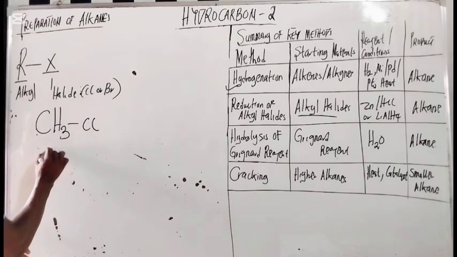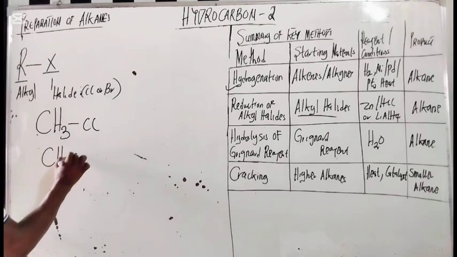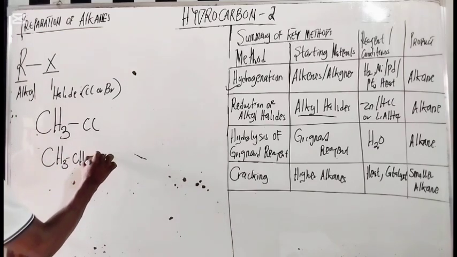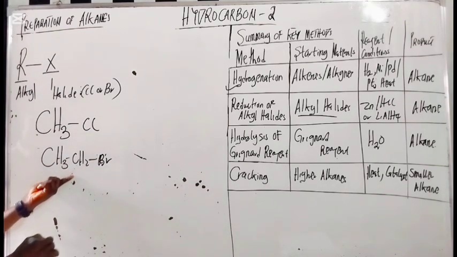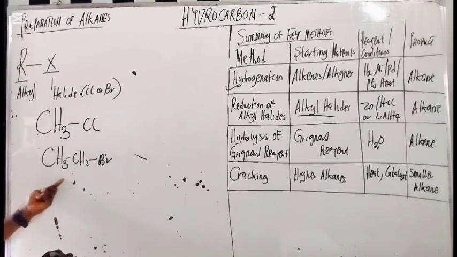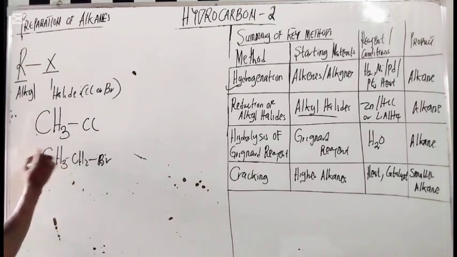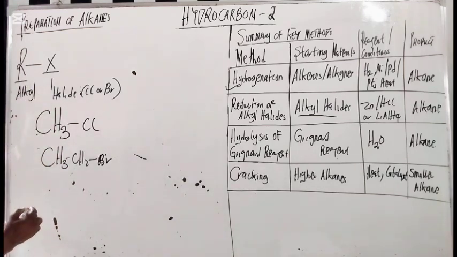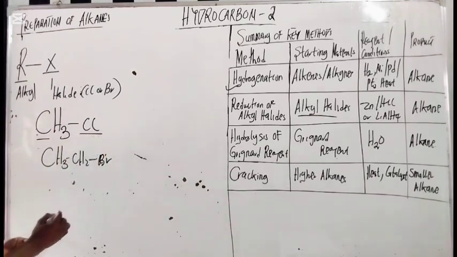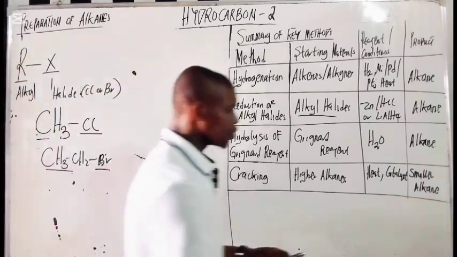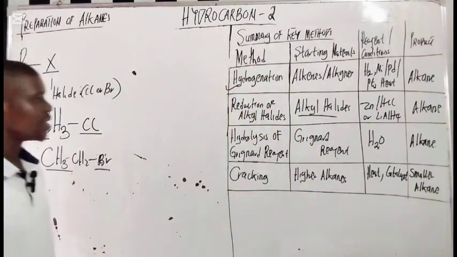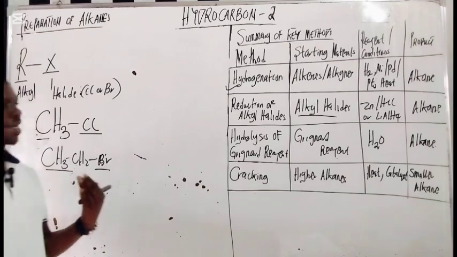Do you understand? Here we have CH2Br. This is called ethyl bromide, or bromoethane. So these are the alkyl halides: an alkyl and a halogen group. Do you understand? So now, if you are converting an alkyl halide to the alkane,